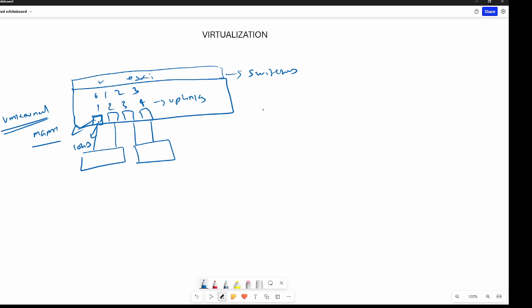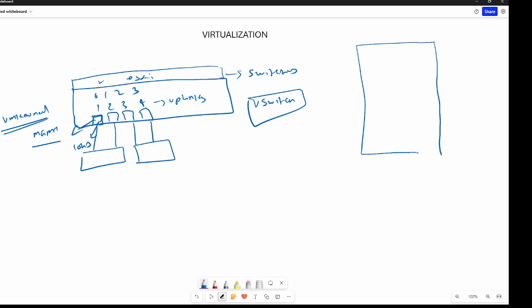There will be one switch created by default in ESXi, the vSwitch. I will draw a bigger one. So this is your switch, the vSwitch. In that vSwitch, you will have a port group.